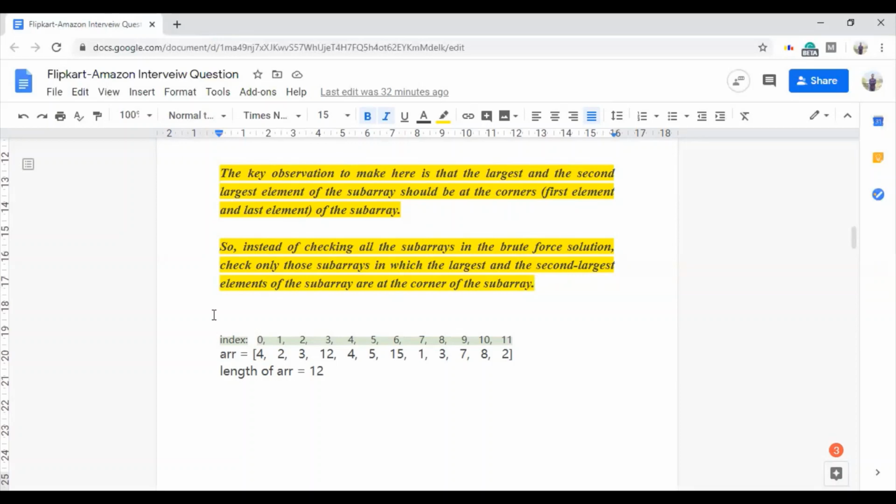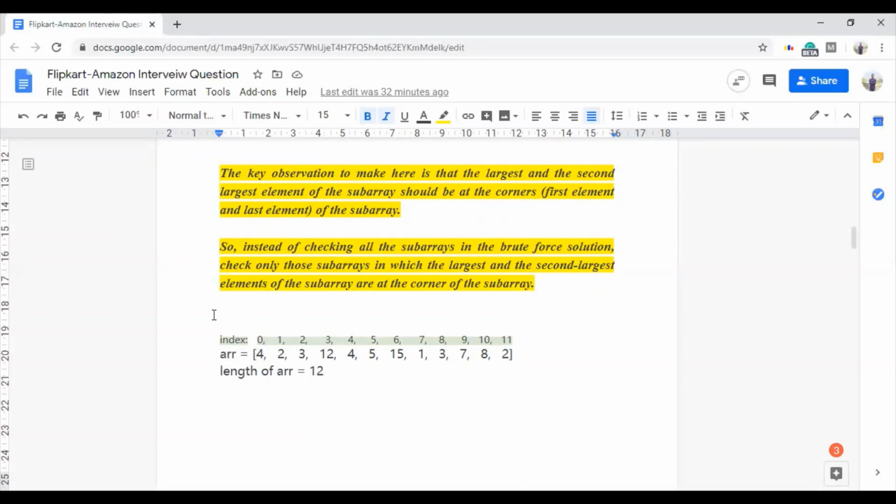Now this is because on adding that extra element at the end of the subarray and increasing the length of the subarray, if still the second maximum and the maximum elements of that subarray are same, there is no meaning of adding that extra element, because that extra element is just growing the length of the subarray and we want the smallest length subarray.